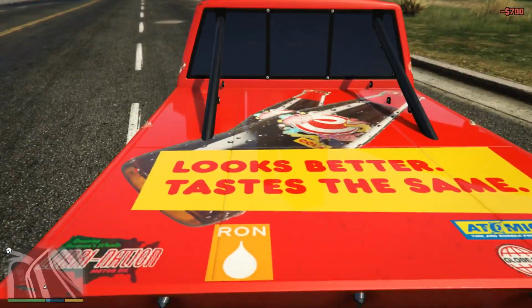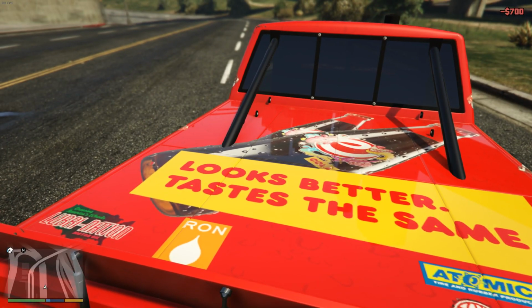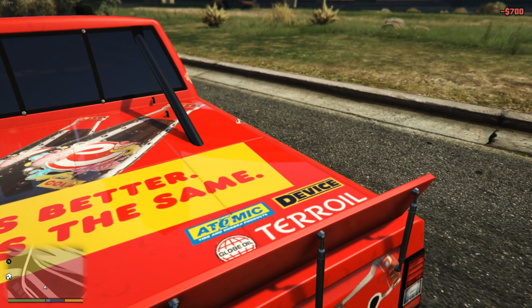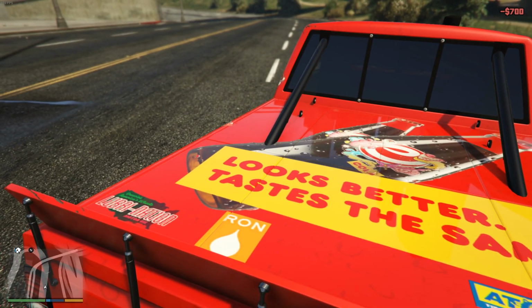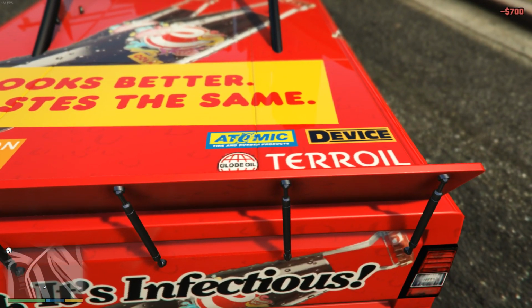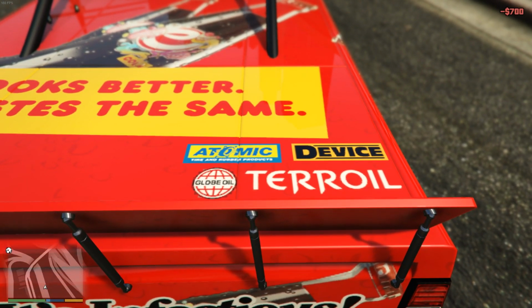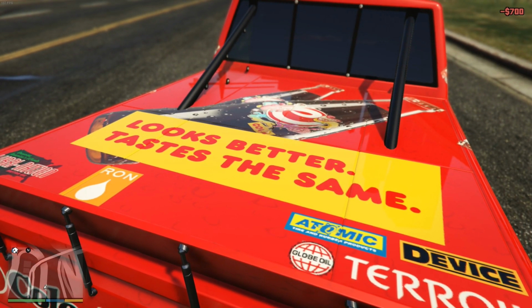If you do find the diner clip and want to know specifically when it shows up, it's about 20 seconds in on the soda machine in the diner. It's kind of low resolution, but it is the E-Cola livery, and it does say in the little thing, go viral. And what makes this kind of neat, and you'll notice it on this vehicle when you put this livery on,